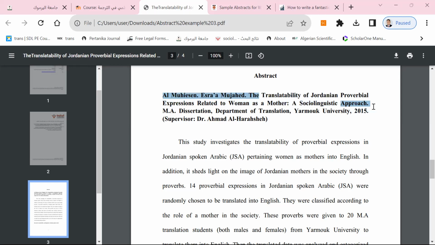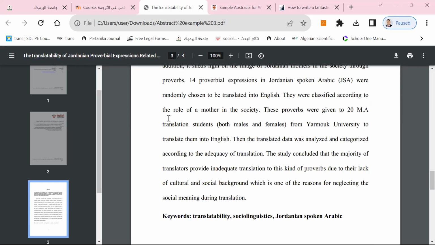MA, then block, full stop. MA dissertation or thesis instead of dissertation. Department of Translation, Yarmouk University, year 2023. Supervisor, blah, name of your supervisor. Now look at